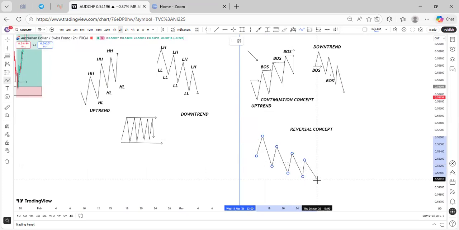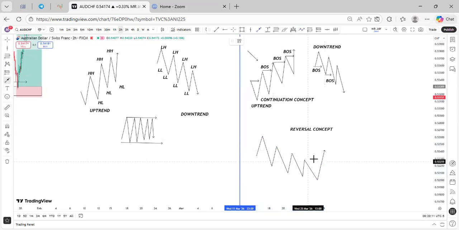And then all of a sudden we have a shift to create another low. Because as you can see from here, we are having a series of lower lows and lower highs, lower lows and lower highs. And then all of a sudden, it creates a new lower low and a new lower high. And it's supposed to create another lower low, but instead it shifts the structure to create what? A new high, right? So we call this the market structure shift, or the change of character, or the MSS,